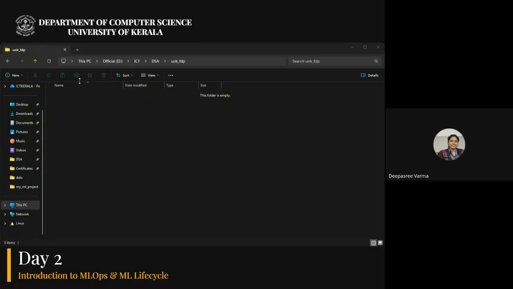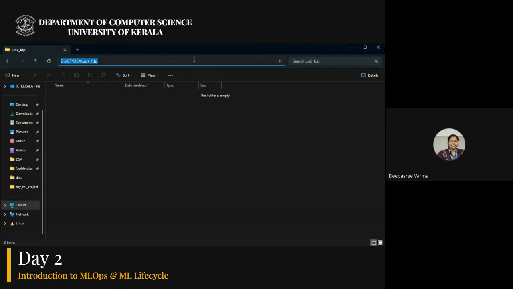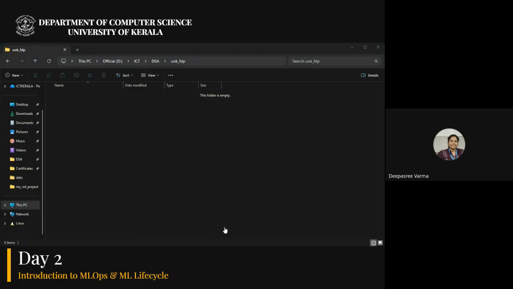You can also create a folder. Okay, so here I want to open my VS Code from this folder, so I am typing CMD, the command prompt.